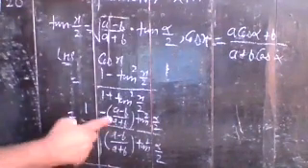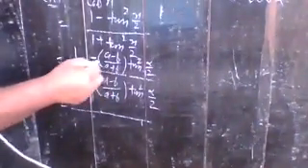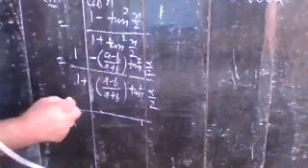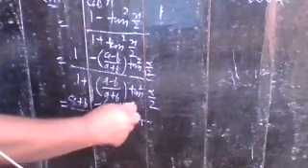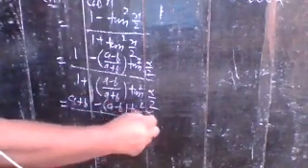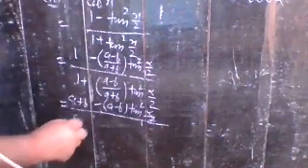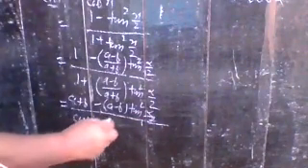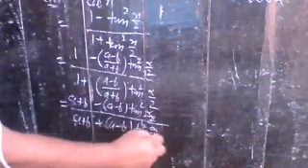Here you take LCM and simplify. You see that the LCM part on numerator and denominator are the same, so no need to write the LCM. You can write it directly. Here you have a plus b minus this quantity, so write a plus b minus (a minus b) tan square alpha by 2. In the same way, here you can write a plus b plus (a minus b) tan square alpha by 2.